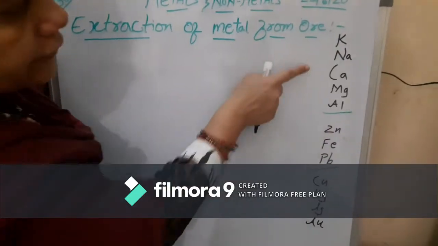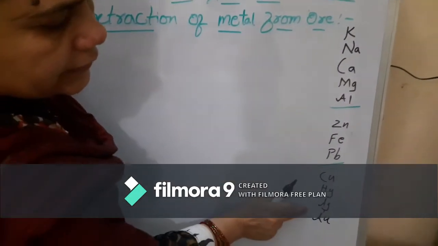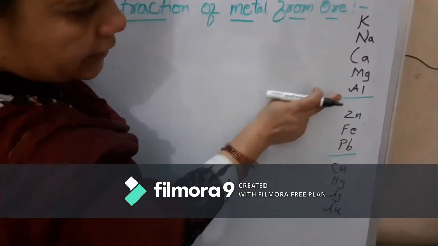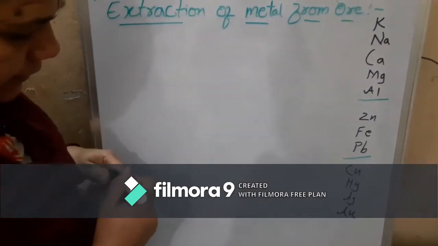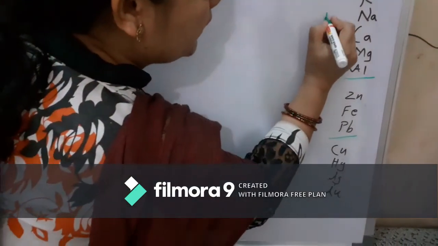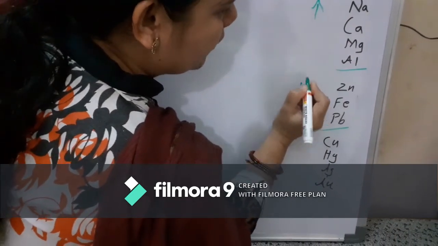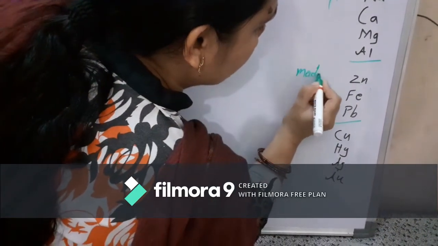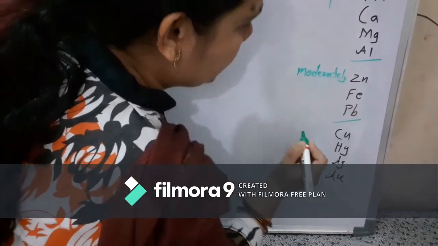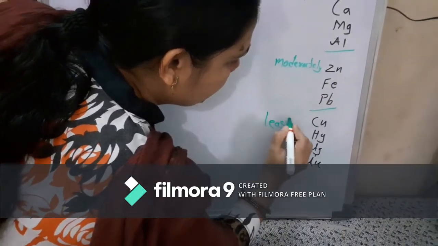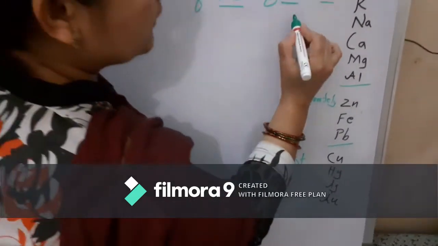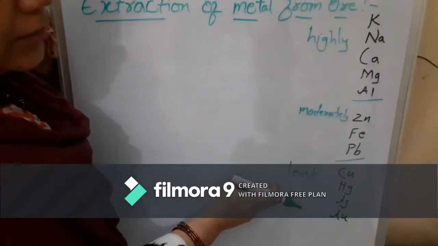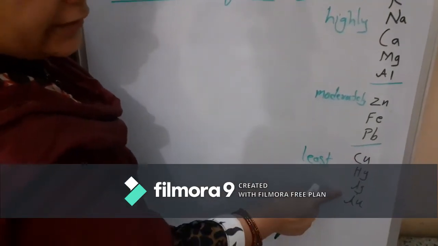reactivity series. If you can recall, this is our reactivity series. It starts with potassium. These are in which order? Highly reactive order. This is your middle order, and this is your low reactivity, lower order. So these are highly reactive, these are moderately reactive, and these are least reactive. Today we will learn how the metals in the lower reactivity series are extracted